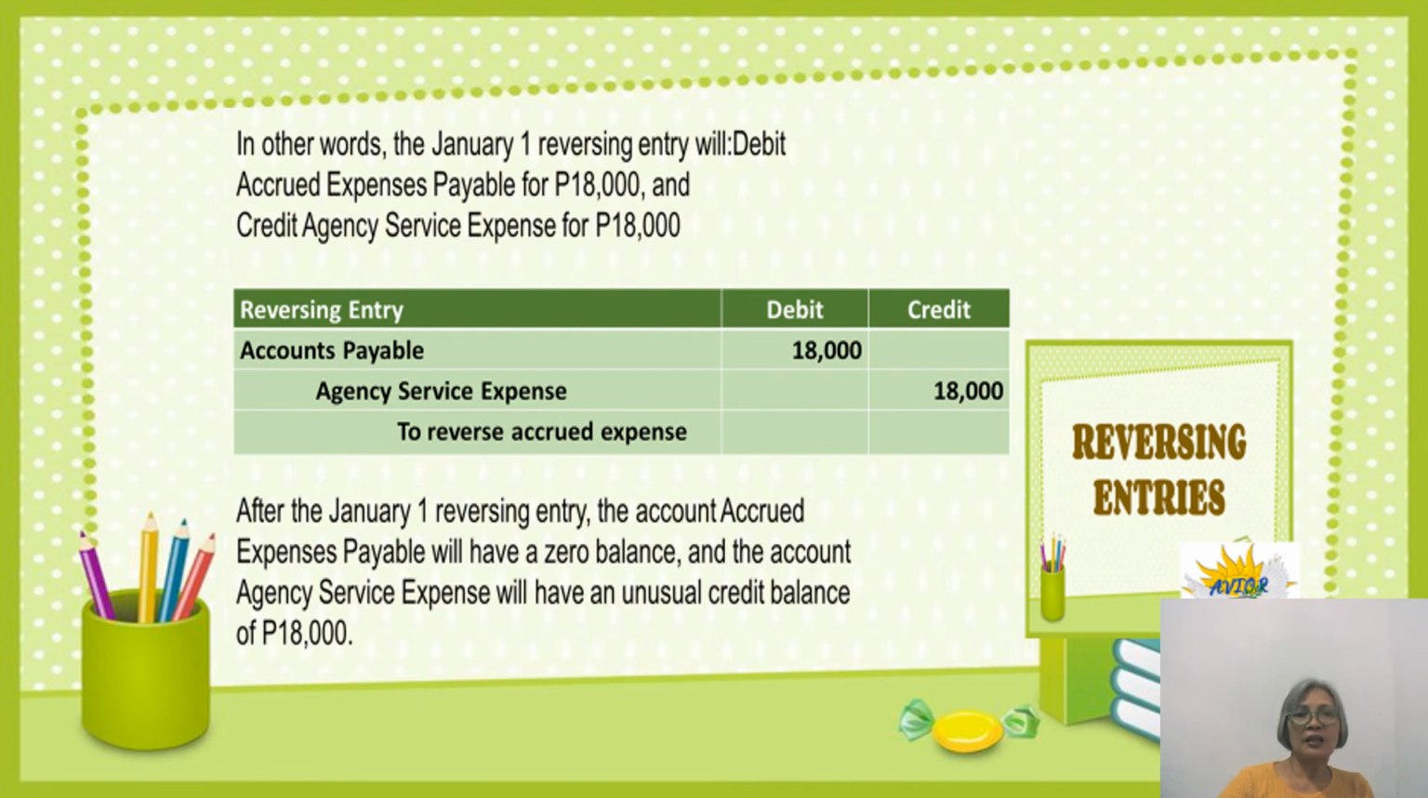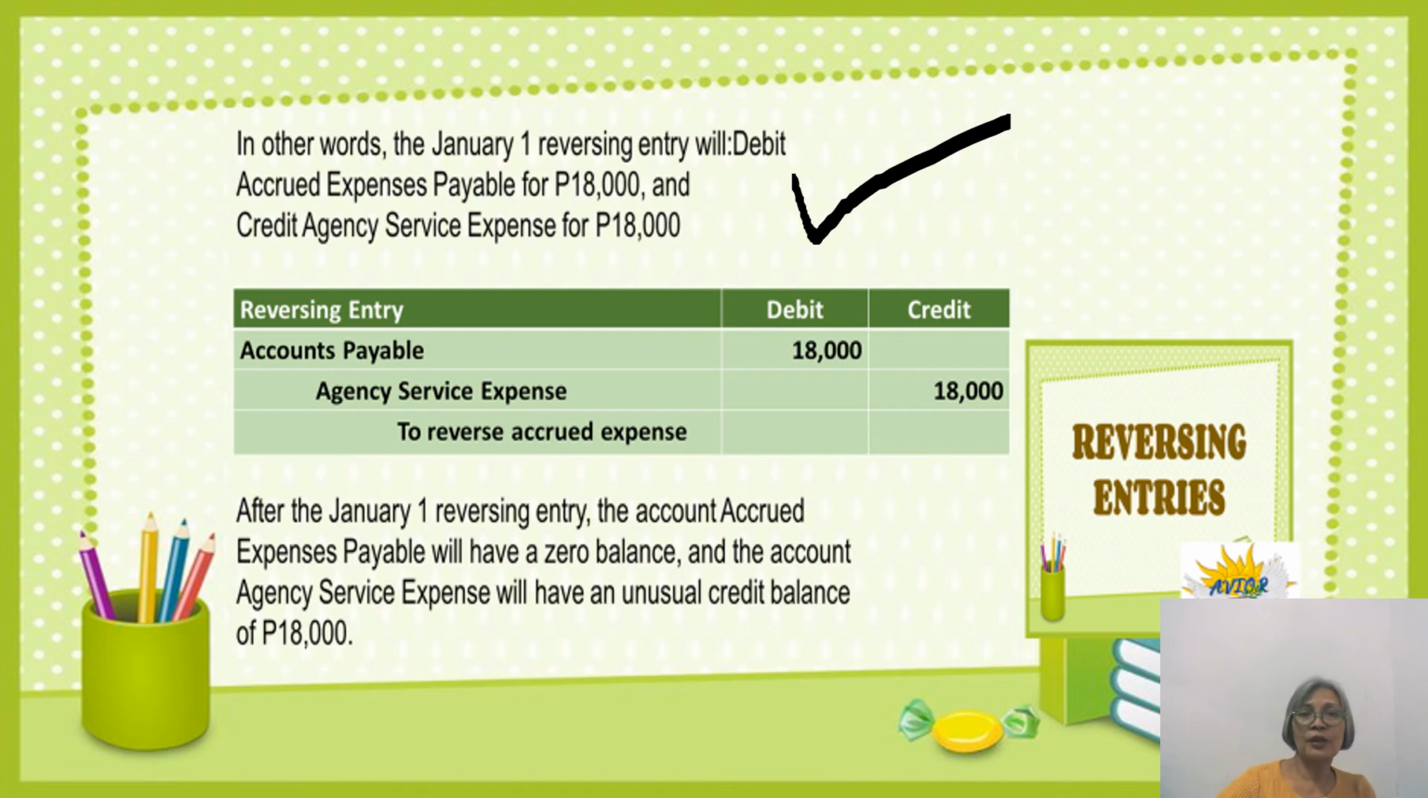So, ito yung adjusting entry natin before post-closing trial balance. So, meron tayong adjusting entry na debit expense, credit accrued expense payable. Paano mo ngayon yan i-reverse? Babaliktarin mo lang. Gagawin mo lang 0. So, debit mo ngayon yung accounts payable at i-credit mo yung expense. So, parang binura mo lang yung